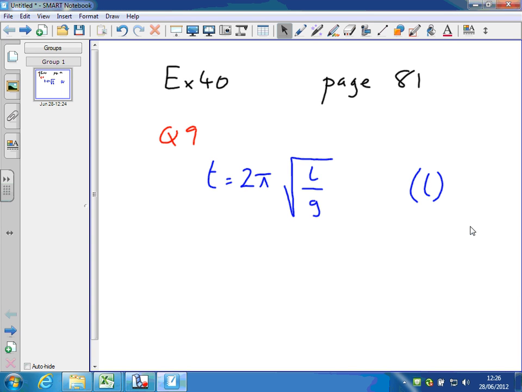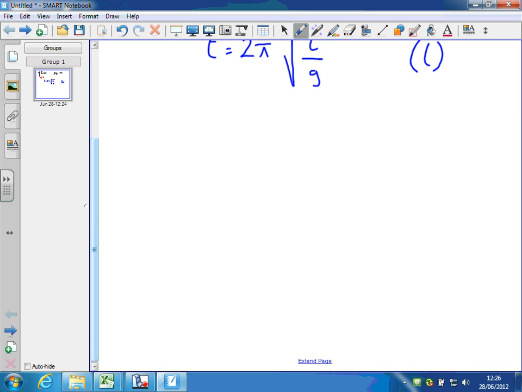So, exercise 40, question number 9. This particular formula is for the period of a pendulum, T. So if I take a pendulum